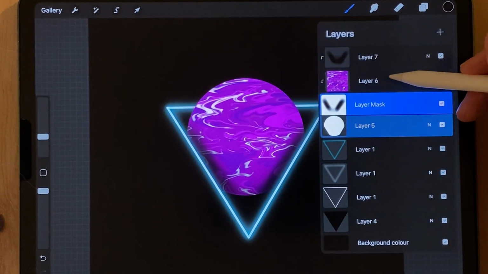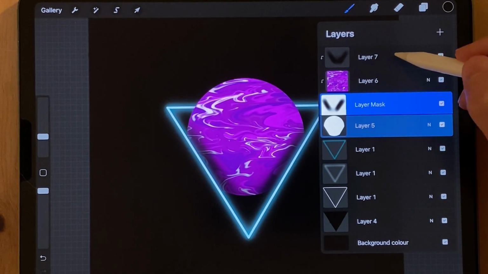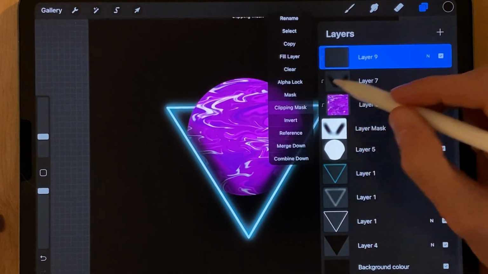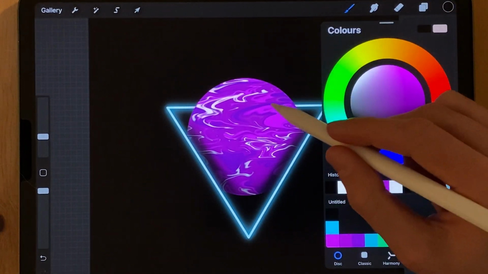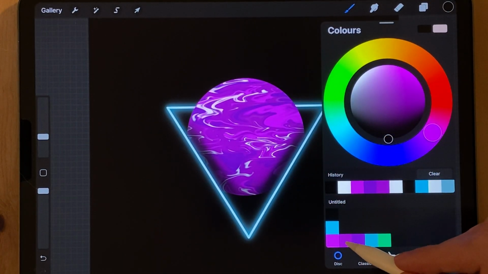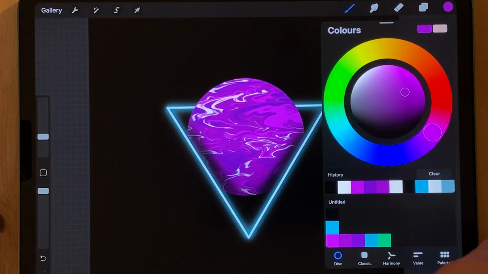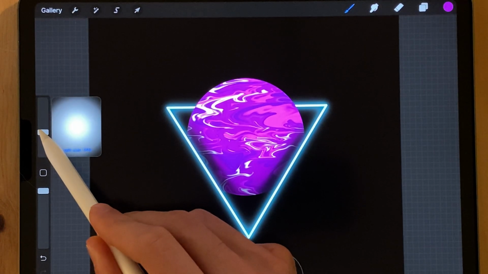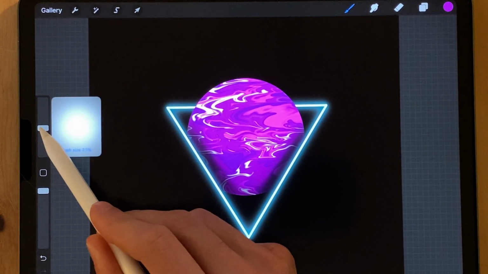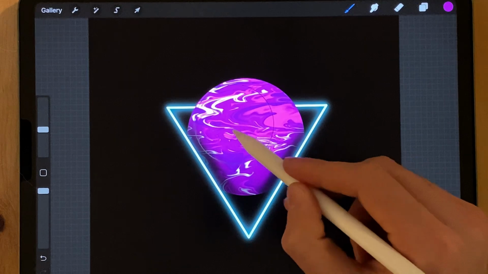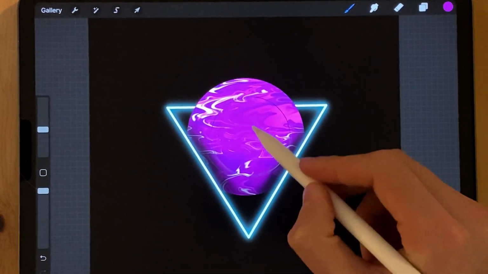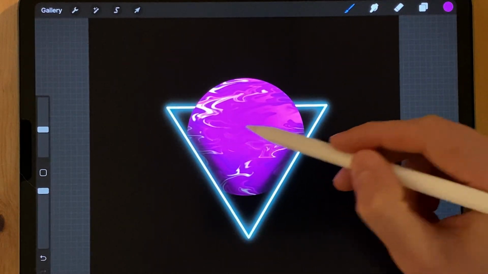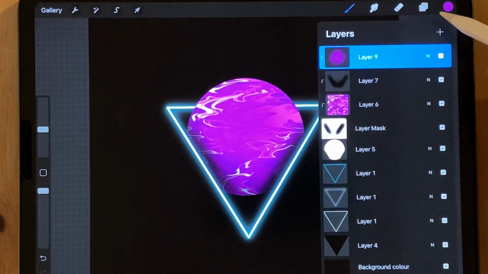We're now gonna add some extra color. This is something I've been doing with my planets now, where if I create a new layer and also make that a clipping mask, I'm gonna use the primary color of the planet, which was this middle purple pink color here. I'm gonna make my brush slightly larger at around about the 20% mark. And I'm gonna just draw in a circular motion in the middle of the screen until I can build up some extra color. Now, initially it will look like it blends it out, but if we go to our layers,